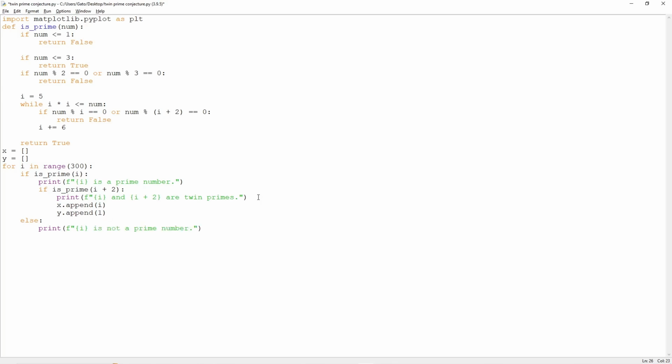This is only to show the density of the twin primes, to see how much gap there is between twin primes. So then at the end over here we can go like